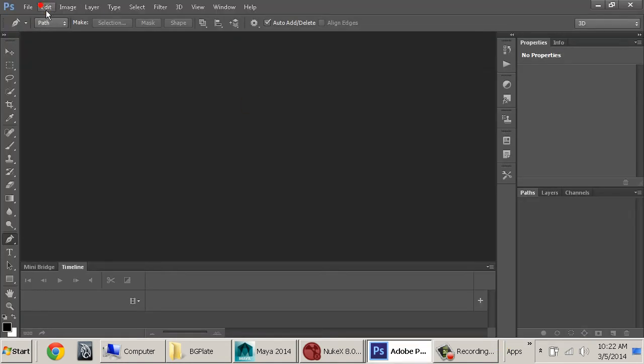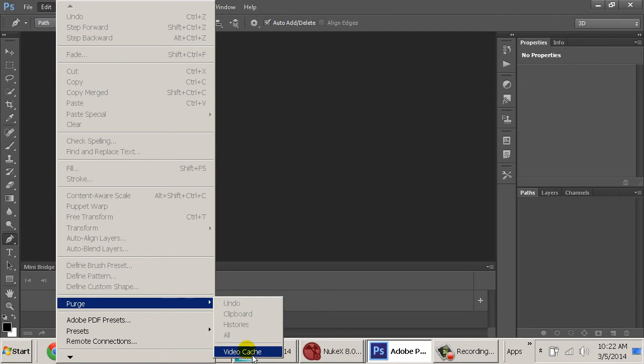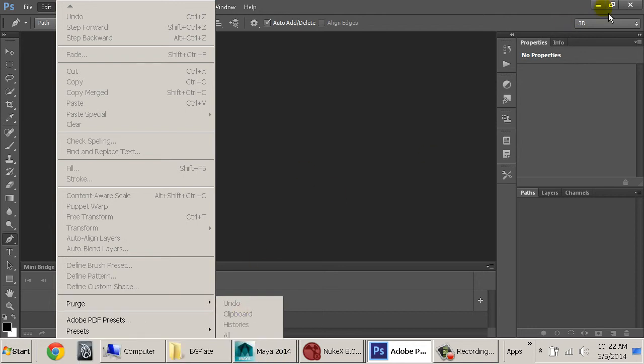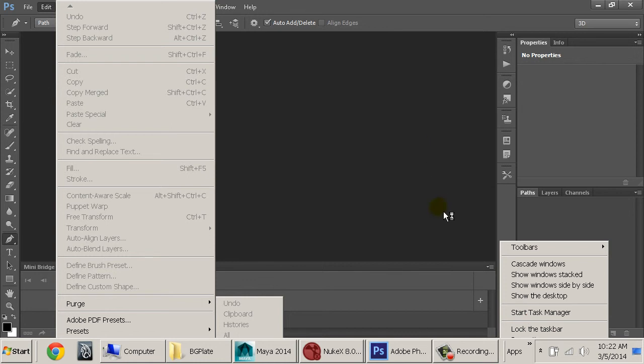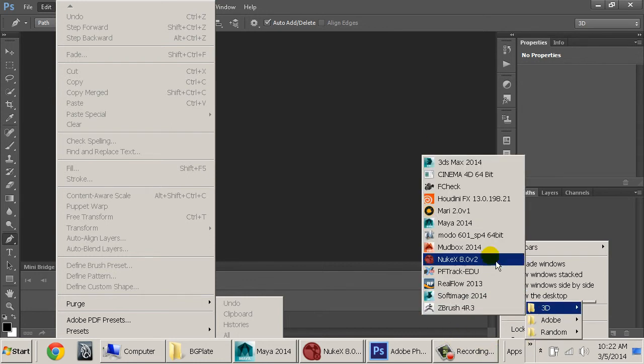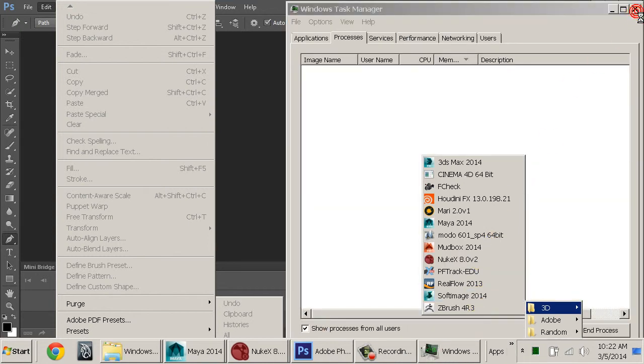Let me go into Photoshop and just purge my memory or anything else that might have been there. I'm just checking my resources because it's going dog slow. There we go. We're going a bit quicker now. All right, so the